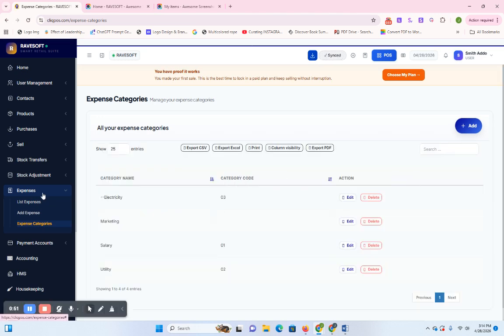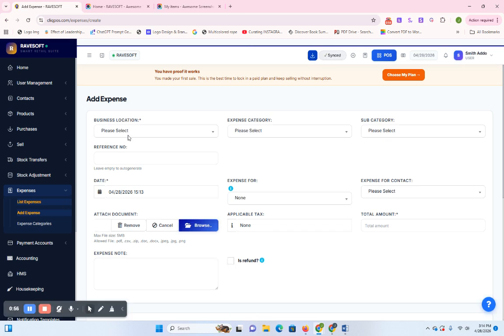I come to expense and I go to add expense. So from here, you select business location. So if you have multiple branches, you select the particular branch that you are recording this expense for. Then you go ahead and select the expense category. So we select marketing, for example, or let's say utility. Then we select utility, and then if there is a subcategory, so for example, now we are buying electricity,